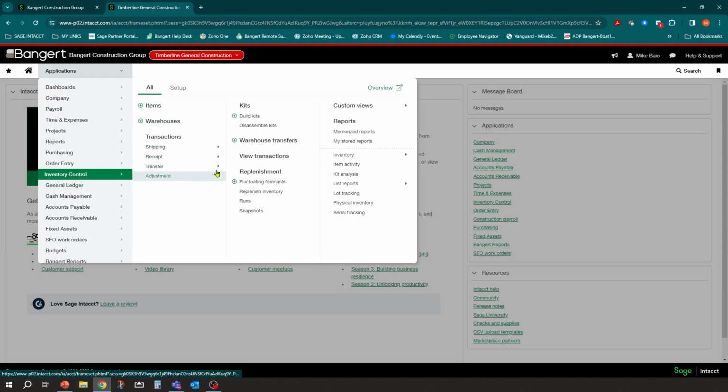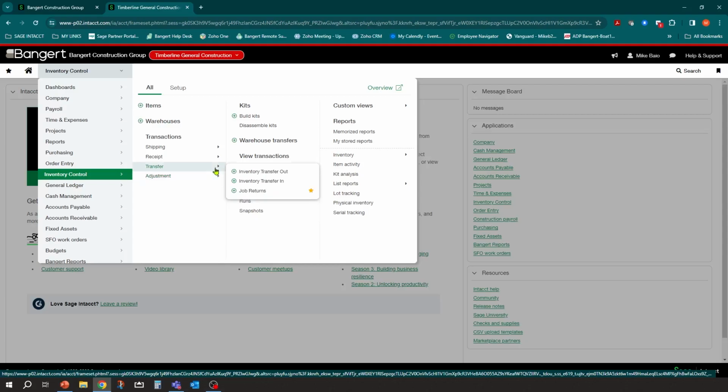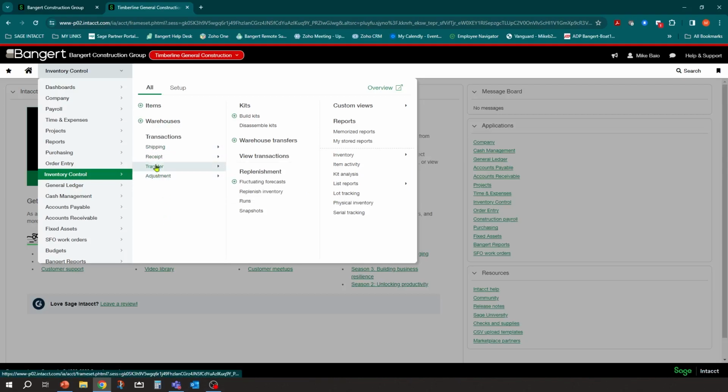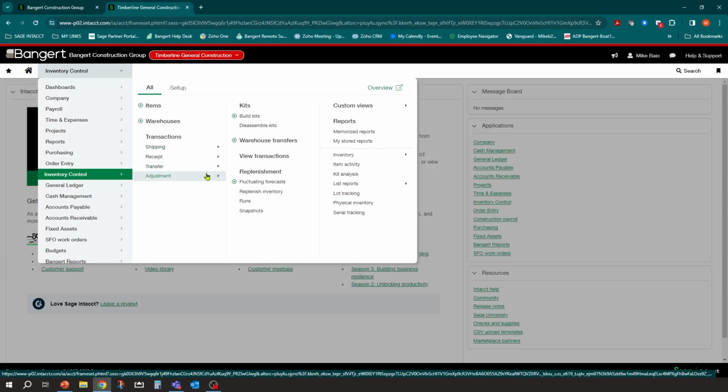And depending on how many definitions you have set up, the system will group them by these different types. So that's why you see some of them going in adjustments, some of them going in transfers. If you have 2 or 3 of them, they're not going to subgroup them here. They're going to actually just show them all straightened up. So your view might look a little bit different depending on how many definitions you have set up.